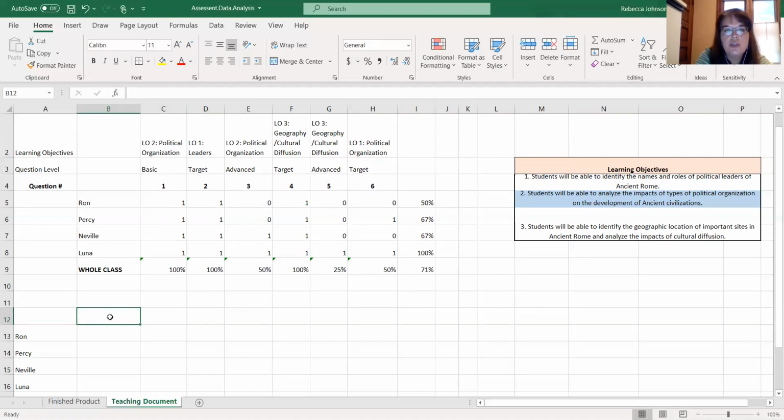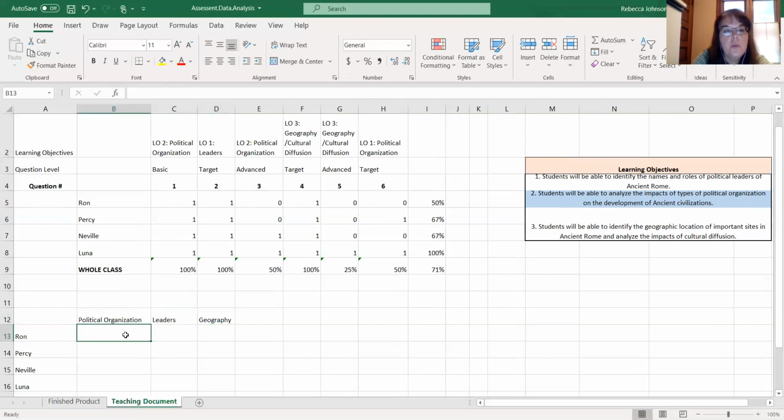So rather than having 2 questions about political organization and 2 questions about leaders, I'm going to say, okay, how did people do on questions about political organization? How did people do on questions about leaders? And how did people do on questions about geography? Okay,